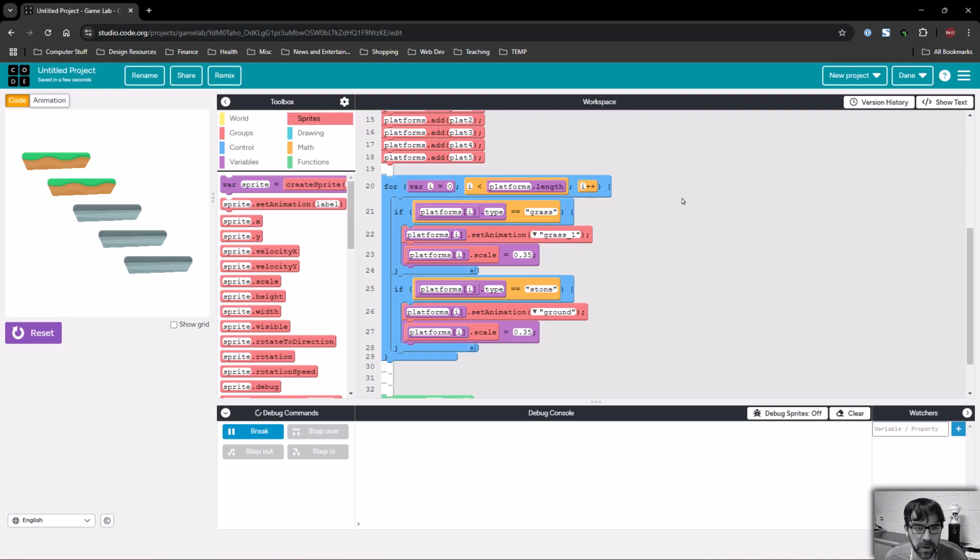game runs. So maybe if the player touches one kind of platform, they bounce off it. Maybe they just stand on it. Maybe they fall right through it. So I have total control over interactions of all my different platforms and the way they look. Maybe the stone ones are always bigger than the other ones, so I can control the size of these ones